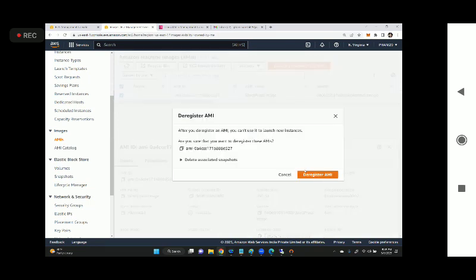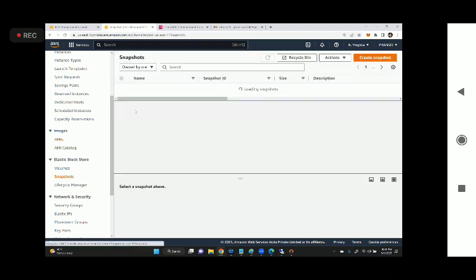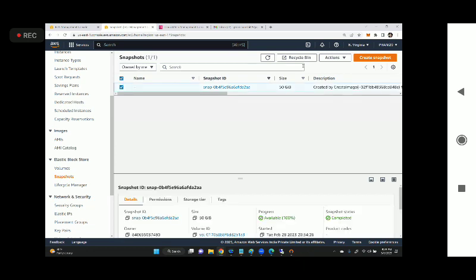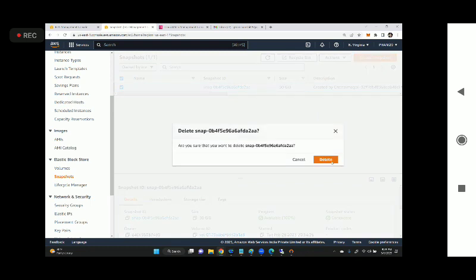But later also you can deregister. But if you go in an order, you don't miss anything. And whenever you deregister the AMI, you have to delete the associated snapshot. This is the one. Select the snapshot, actions, and delete. Then